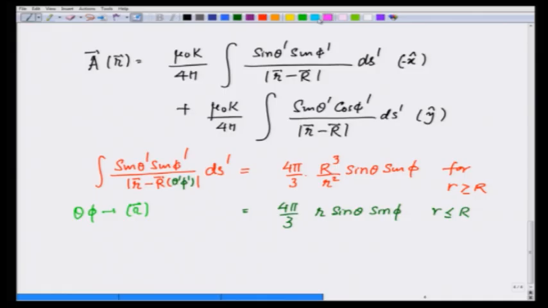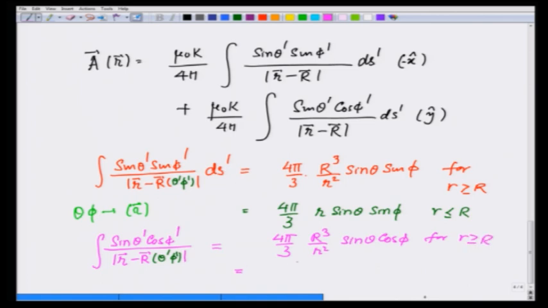Similarly, if I look at integration of sin theta prime cosine phi prime over |r minus R|, again I want to emphasize that capital R is a function of theta prime and phi prime, it is equal to 4 pi by 3 R cubed over r square sin theta cosine of phi for r greater than or equal to R, and is equal to 4 pi by 3 r sin theta cosine of phi for r less than or equal to R. So, we have gotten these integrals for both sin theta prime sin phi prime and sin theta prime cosine phi prime, and therefore, my answer for A